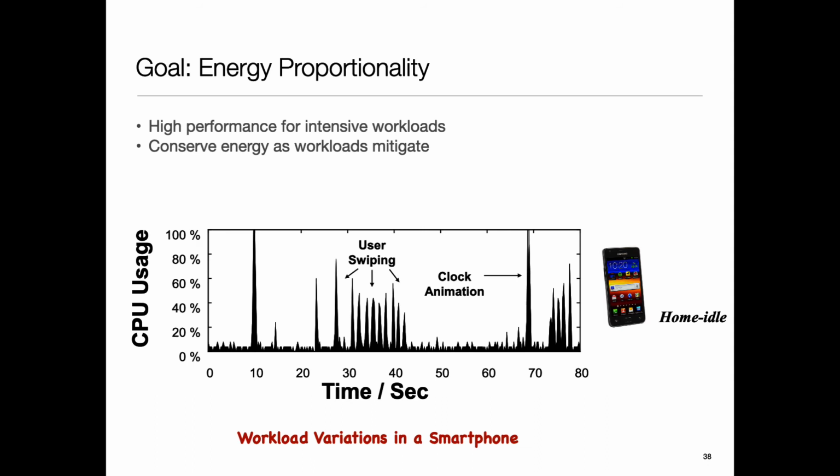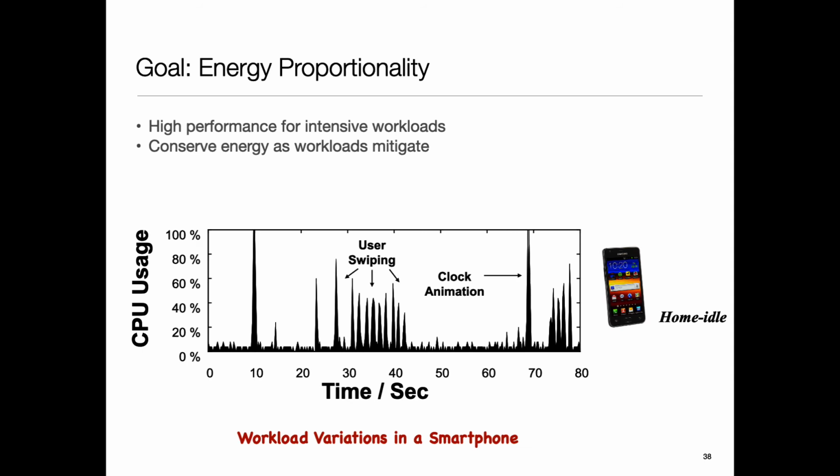Hard to achieve because of reasons that we discussed earlier in the class, which is there is this baseline power, right? If I have a Mustang or a Porsche, just to keep its engine on so that it can take off quickly, there's a baseline power which is much higher, versus if I have a more fuel efficient Accord or something, then its baseline power will be lower, but then its peak performance will also be lower, right? So ideally I would like to be able to switch between them. So same thing out there.